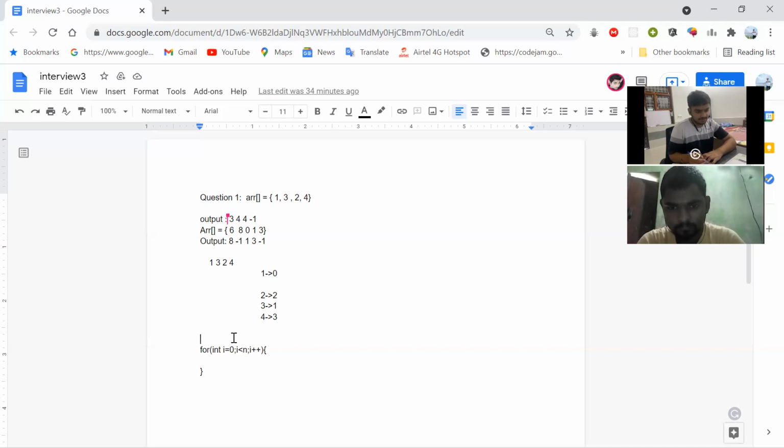Can you get what I'm trying to say? I am taking a vector whose size is the same as my given array, and at the ith index I store one value, the greater value till that index. Greater than from the right side, not greater, but the largest value from the right side.